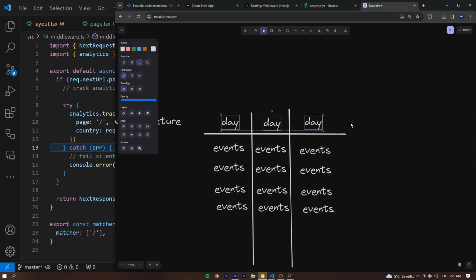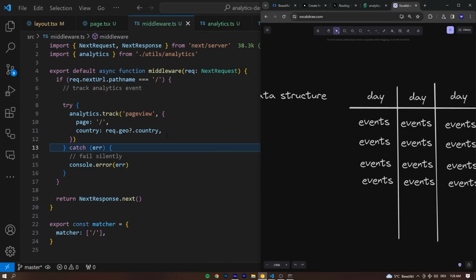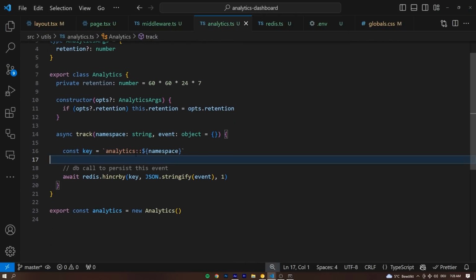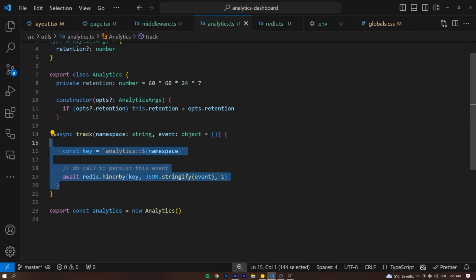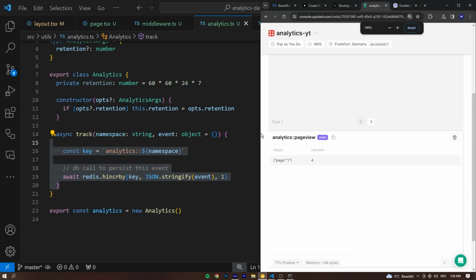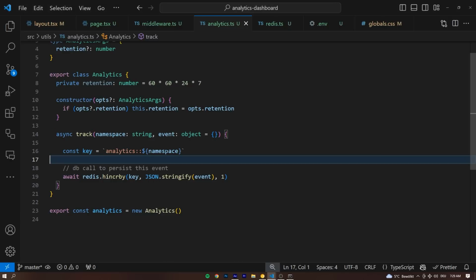Anyways, how do we get the days in here to have this kind of structure? Right now, we only have the events. And the solution is really easy, actually. We do that right here in our analytics, in our track function. Because right now what we're doing is we're always persisting this information. The time to live, if you quickly take a look at this, is forever for this entry. And this is good. We can have this as a separate option, but normally we want to incorporate the day